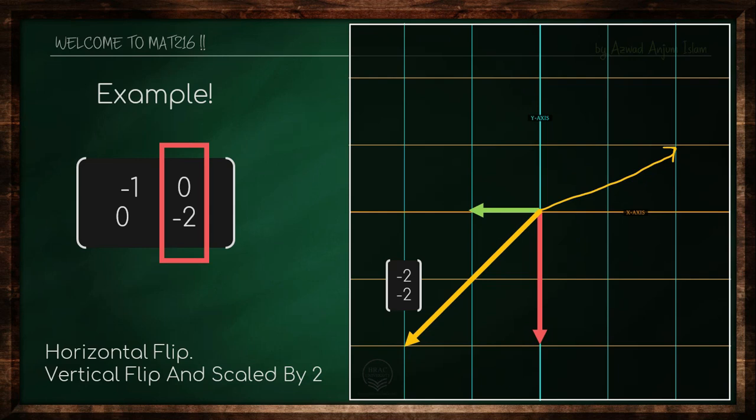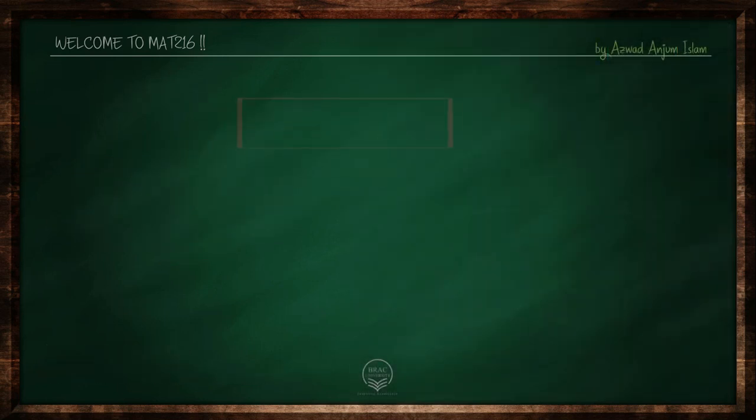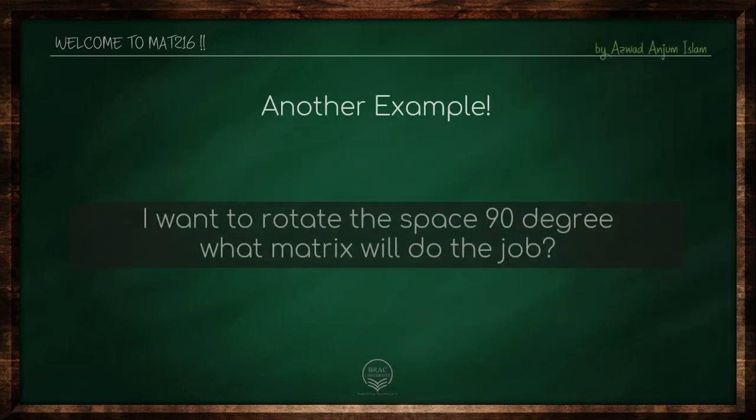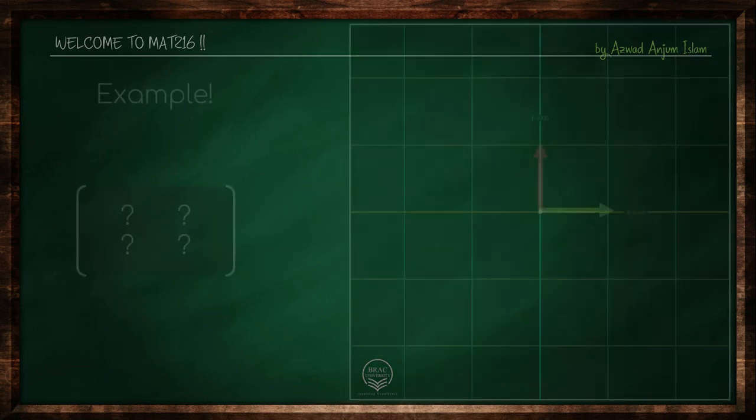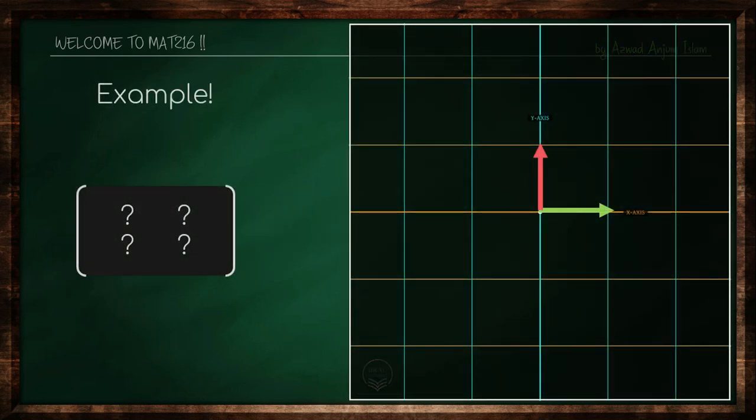Now for the second example, we are going to come from the other way. Let's say we have a certain transformation in our mind. We want to rotate the whole space 90 degrees counterclockwise. What matrix will get the job done? What I want is the space to rotate 90 degrees counterclockwise, which means both basis vectors will have to rotate 90 degrees counterclockwise. So j hat will have to go from here to here, and this position is the -1